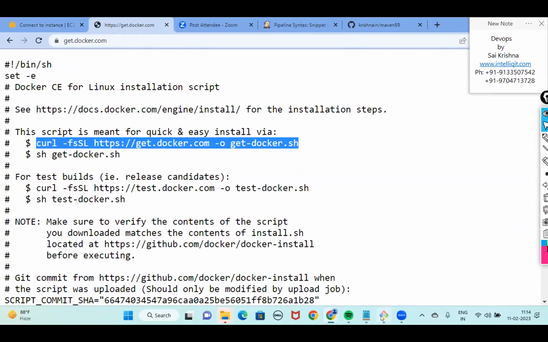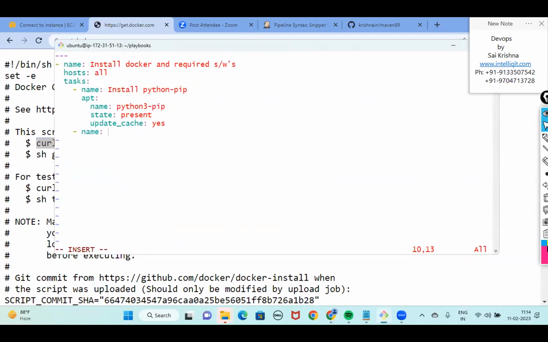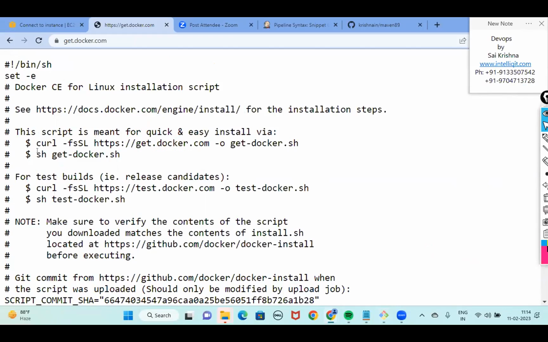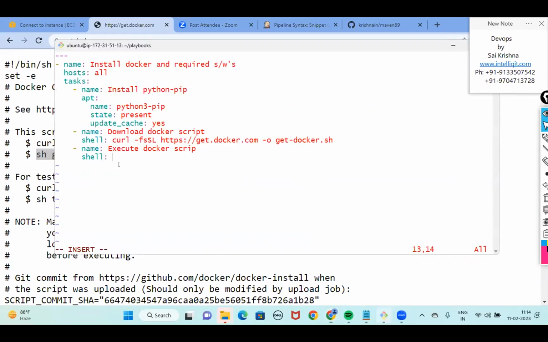The title is download Docker script. The module that we are working on is the shell module, and I'm simply copying and pasting that curl command. Similarly, the next one, execute Docker script, for which also I can depend on the shell module, but now we are giving the second command, which takes care of installing Docker.